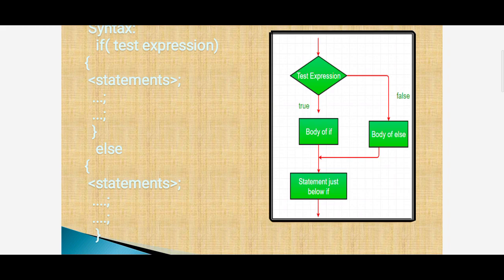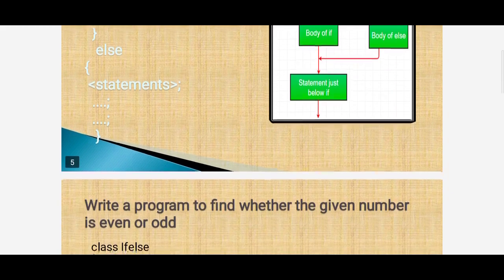Otherwise, the statement of the else part is executed. Then the statement below the if is executed later.